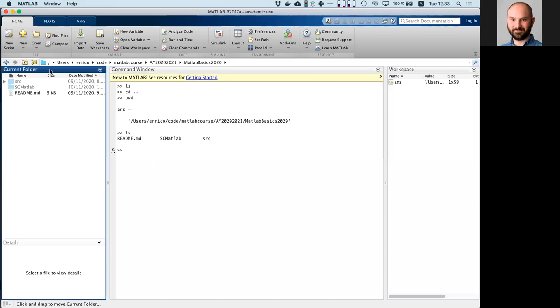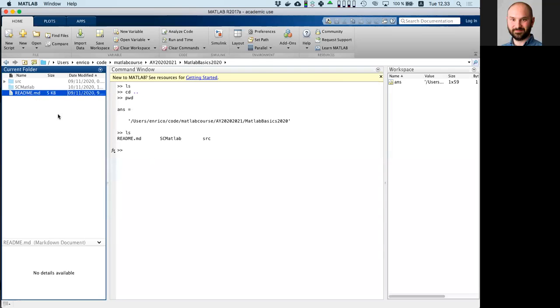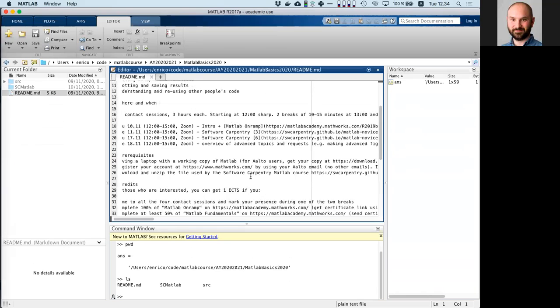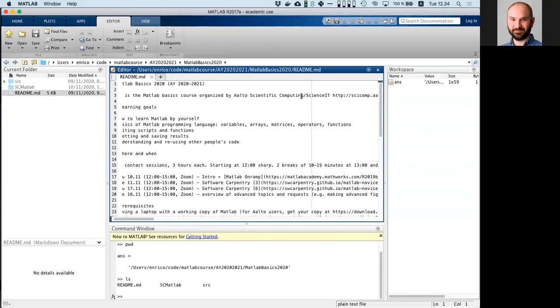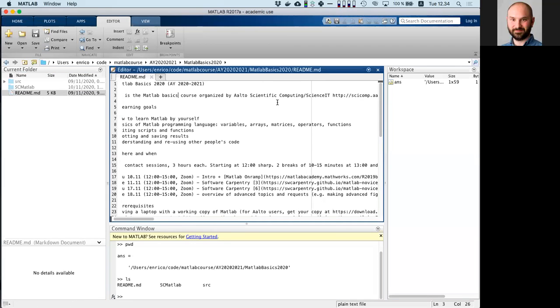One window that is very useful is the current folder window, which is basically the folder where you are. Not only do you see the path here, but you can also see the content. This is useful because I can pick a file and right click, and maybe I can open it outside Matlab if it's something that I'm not sure about, or I can just open it as text. That's often the safest. What I have here is actually the web page that I was showing earlier with all the details. Now when I clicked open as text, Matlab opened this in the Matlab editor and made the command window much smaller,